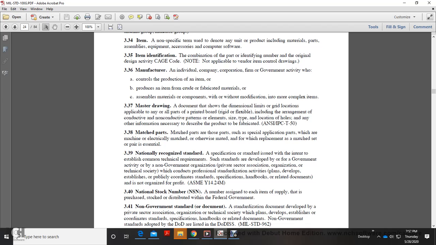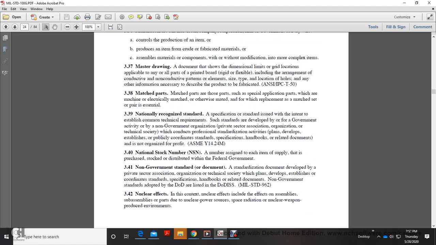National stock number: the number assigned to each of the items supplied that is purchased for the stock of the federal government. Non-government standard: a standardization document developed by a private sector association, organization, or technical society which plans and develops established standards, specifications, handbooks, and related documents, adopted by the Department of Defense and listed in the Department of Defense Index of Specifications and Standards,